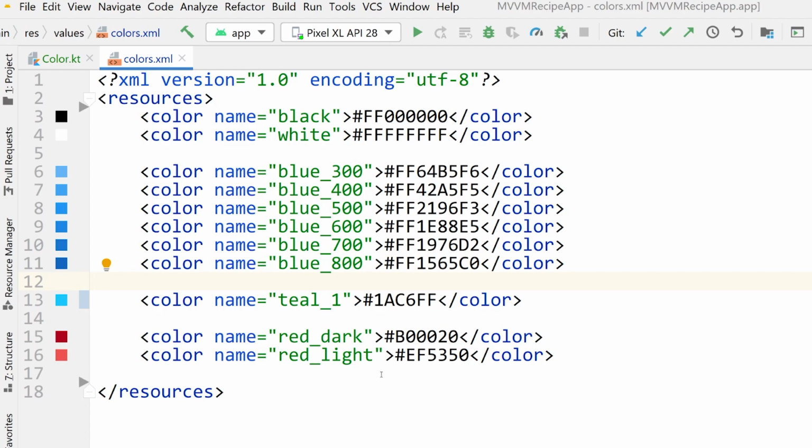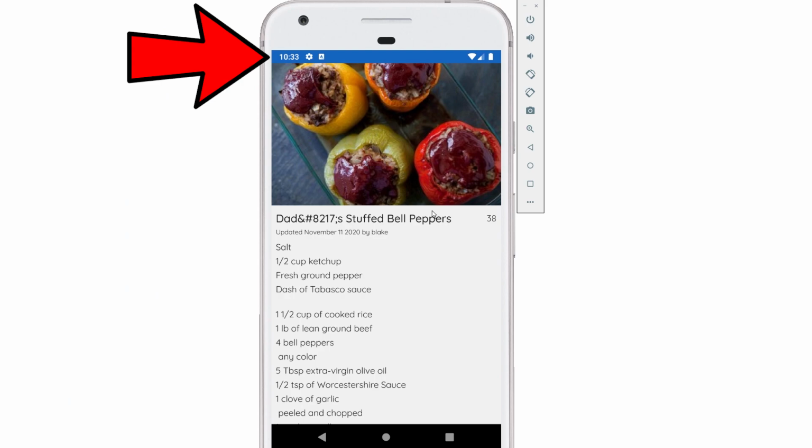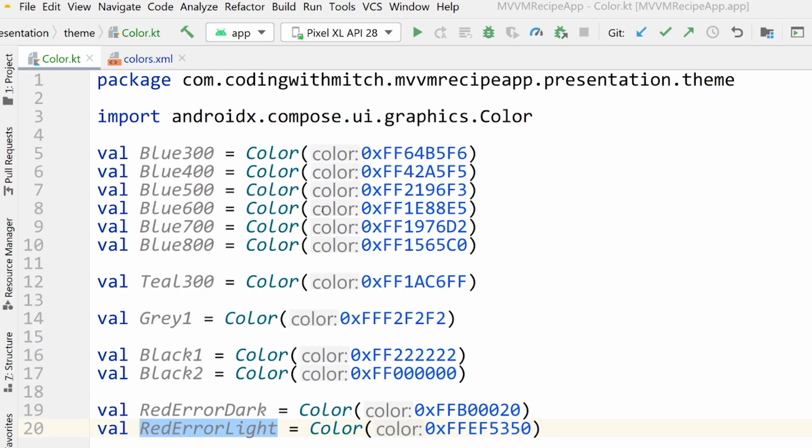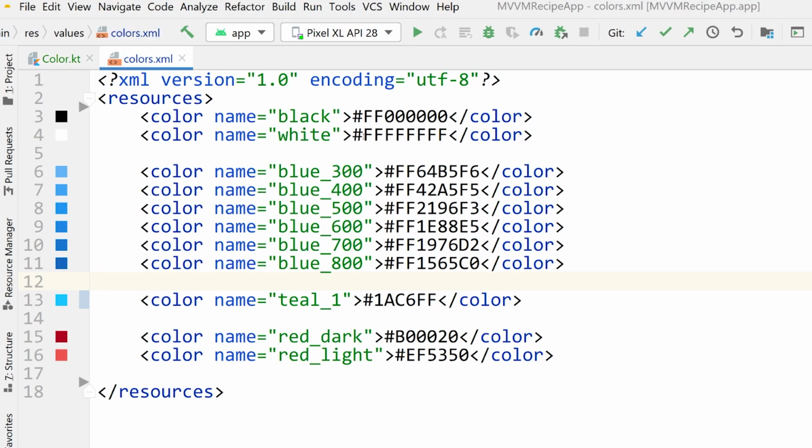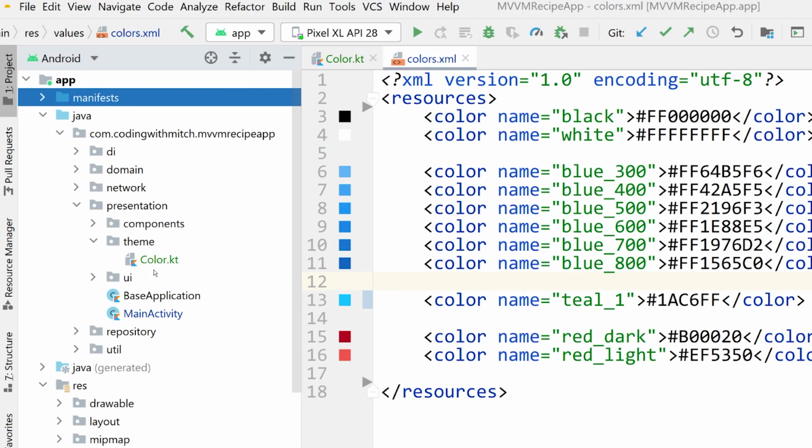Also, there is one thing that Jetpack Compose cannot change, and that's the status bar color. If you don't know what the status bar is, it's this little bar up at the top here. So it's not a toolbar, it's not the regular UI stuff, it's this up here. Jetpack Compose cannot change that status bar color, so we're going to have to do it the old-fashioned way. We're going to have to update the styles.xml file and change that status bar color. So that's what we'll do first, actually. So we have our Jetpack Compose theming colors, we have our XML colors. So now go into